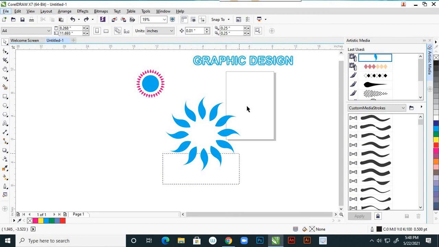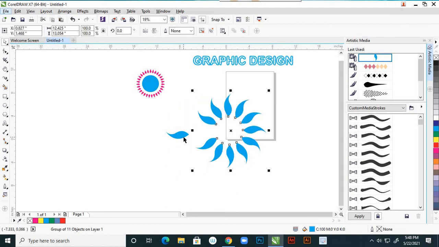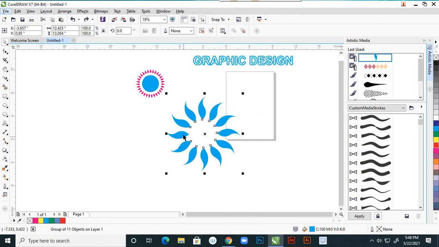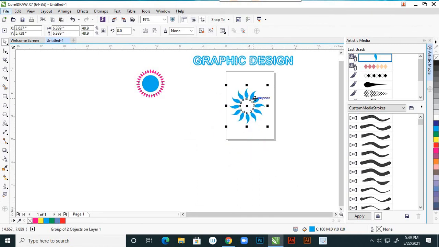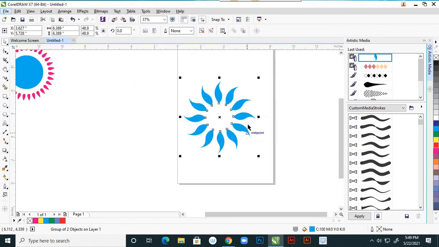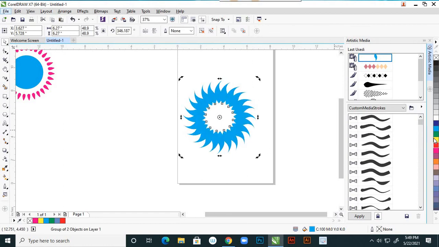So you drag this and select. Yes, this also. Right click and group objects. This is grouped. Now you can reduce this size and keep it here, right? And suppose you can duplicate this by pressing plus on the keyboard. So duplicated, and click on that and turn this, right? And fill with a different color.